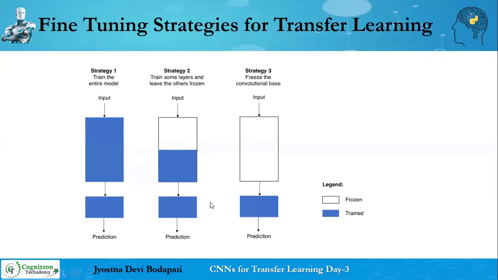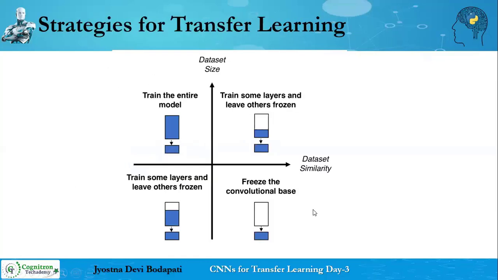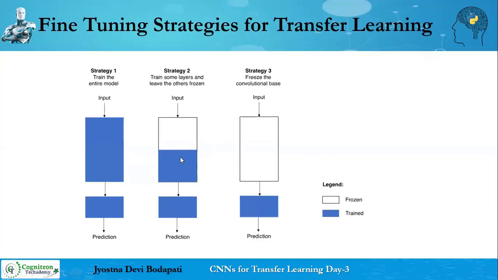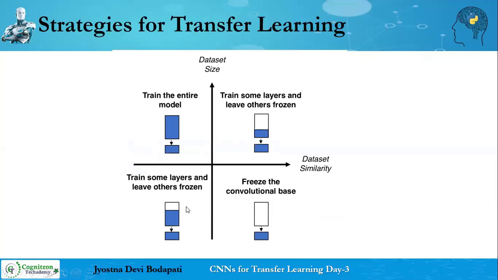Now, when to use which strategy? That also should be clear, right? Simply knowing the strategies doesn't make any sense. So now let's see when to use which kind of strategy. Here I have used half of the convolution blocks as frozen and the rest of the convolution blocks as trained. I can change the amount of frozen layers and the amount of trained layers, it can be varied. So depending on that, I segregate the way I fine tune the model into 4 partitions.